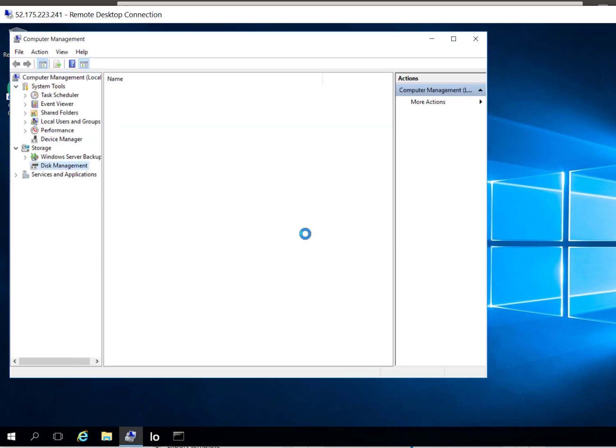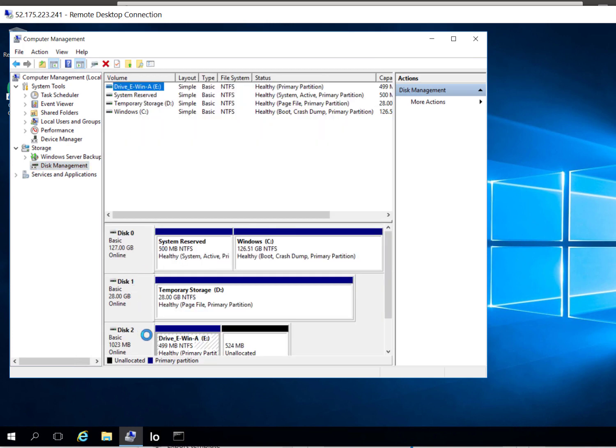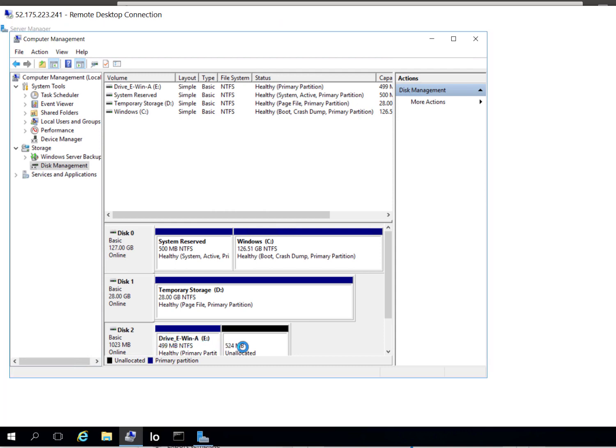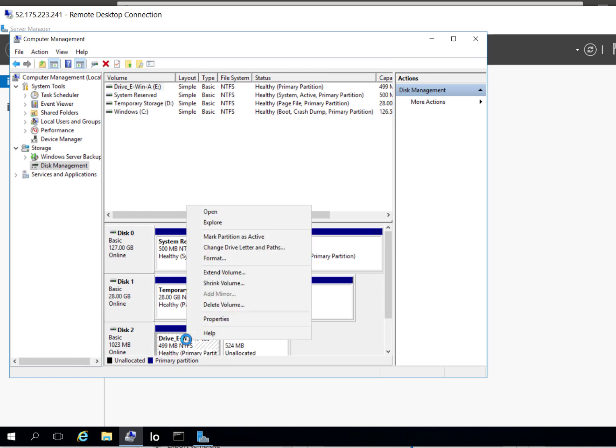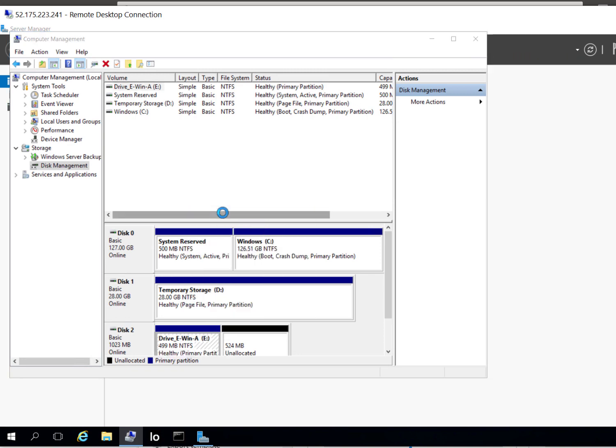Okay, disk manager. So besides the OS disk and a temp disk, there should be a new disk. There you go. And it's 1 gigabyte, because I think the minimum size of a managed disk is 1 gig, so that's why I cannot have a 512 meg. It's 512 meg, and so there's an extra 524 meg on the end here, but doesn't matter. This is the partition that we migrated, and if I open him,